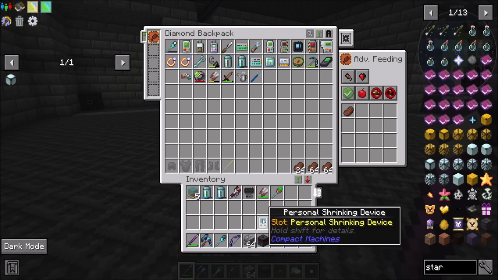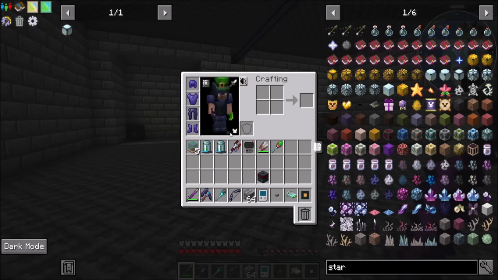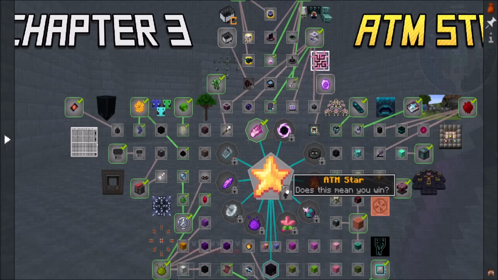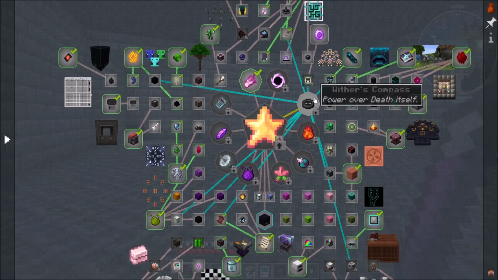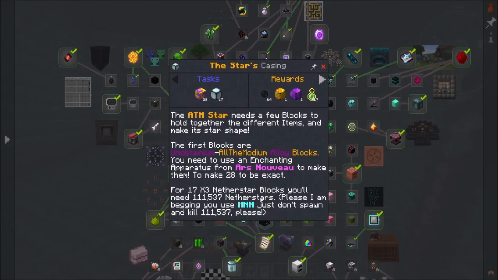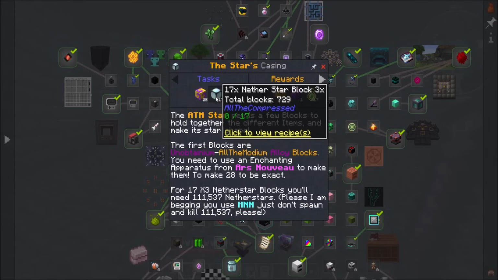So here's the deal. We're working towards the wrong thing. We're working towards the ATM star, right? And there's going to be a bunch of items we need to make to get there. But first and foremost, we're going to need a ton of nether stars. I'm trying to figure out the stars casing. There we go. 17 triple compressed nether star blocks, which my math last episode came out to right around 100,000